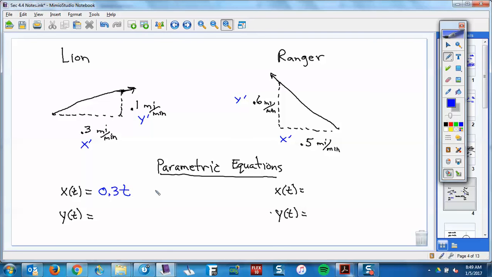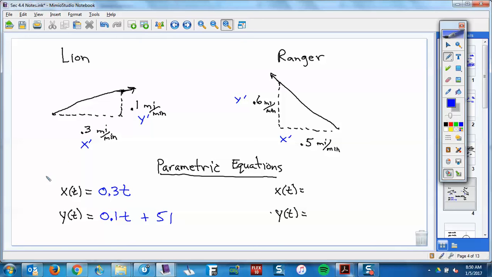0.3t, and that was it, because it started at an x position of 0. These are the position functions of the lion and the ranger. And then the y was 0.1t plus 51, because remember, the lion started up at a y value of 51. So at time zero,